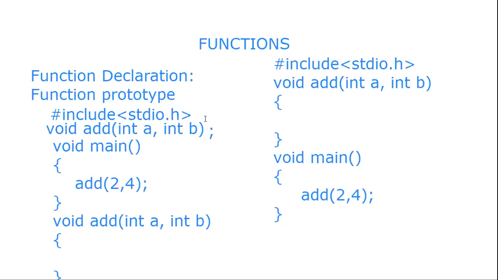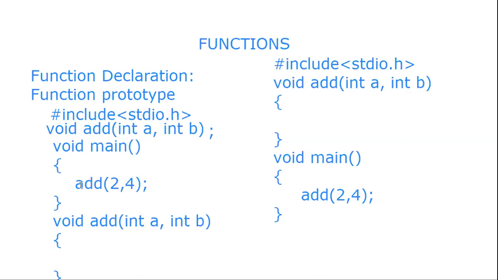If we define functions after main, we have to mandatorily write prototypes. If we have defined five functions after main, we have to write all five prototypes first and then write main. The compiler scans from top to down, a top-down approach. It starts from stdio.h, scanning each line until it comes to main. After scanning the prototype line, the compiler knows there is one function called add which is defined later.